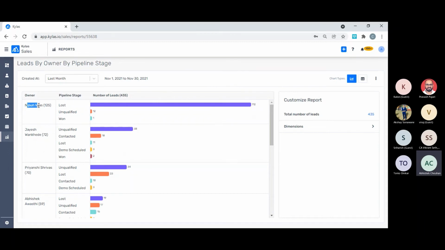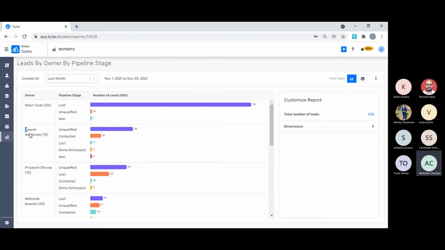So what it means is, if you go one by one, Mr. Nipun Vyas, who is one of the owners of this particular system, has a total of 112 plus 12 plus 1 leads, that is 125 leads. And out of those 125, 12 leads are in the lost stage, 12 leads are in the unqualified stage, and 1 lead is in the won stage.